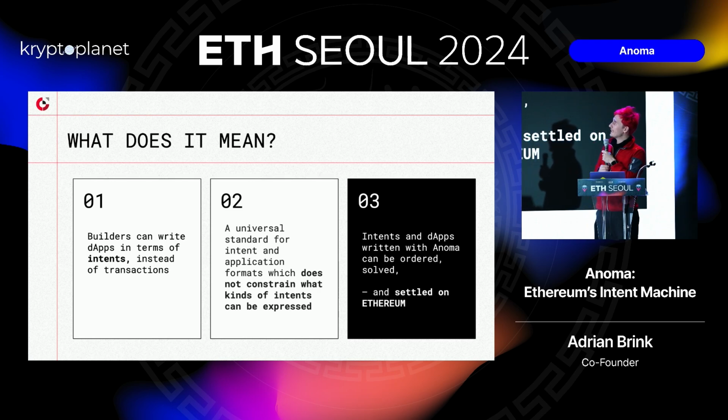The really nice thing is, it means that applications can roam. Currently, I have an application to be on Base, I have an application to be on Ethereum, I have an application to be on, I don't know, Arbitrum, right? And I find these applications are all different, and I have to fundamentally pick which ones I want to interact with. With the intent machine, my client, my phone can roam across these different security models by just setting, I'd like this to be secured by Arbitrum, and this, because it's a $100,000 transfer, I'd like this to be secured by Ethereum, and I'd like this to be settled on Ethereum.